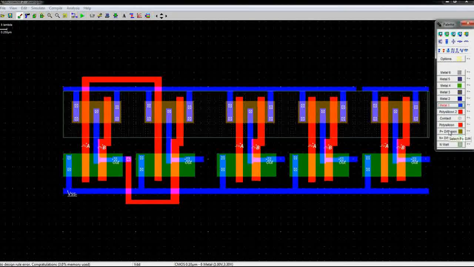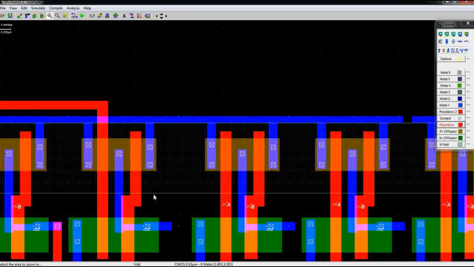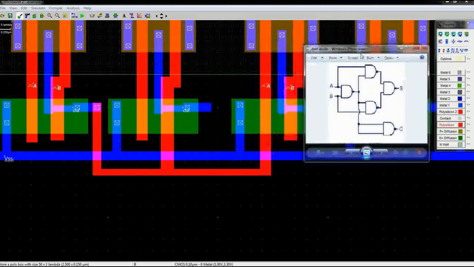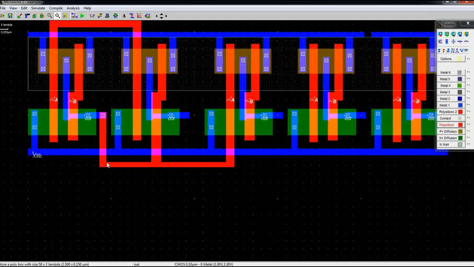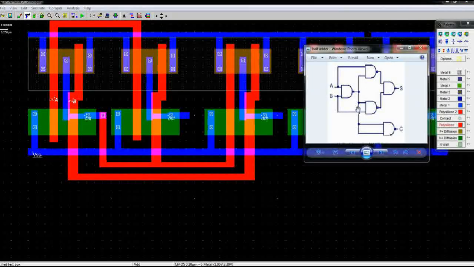So let's connect them. Now we have also connected this gate.